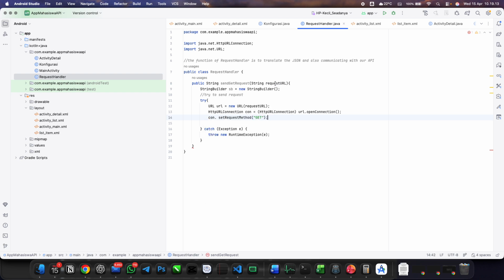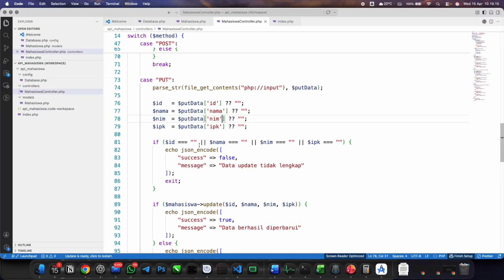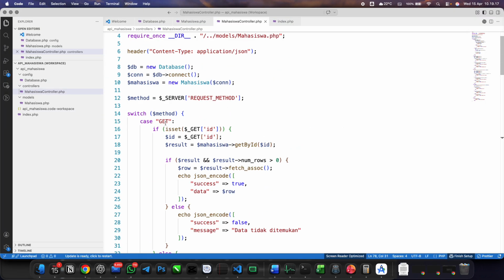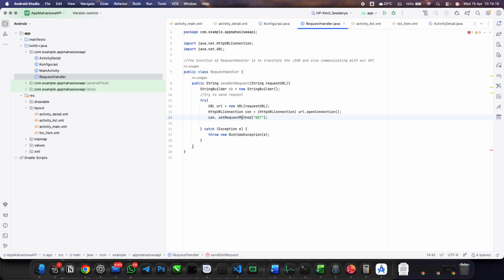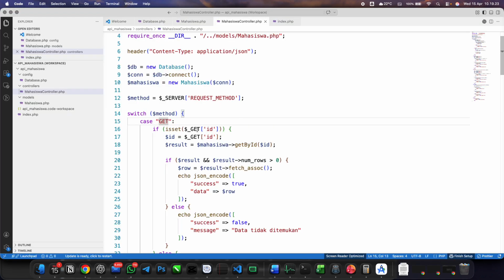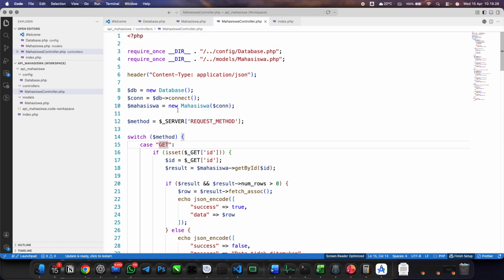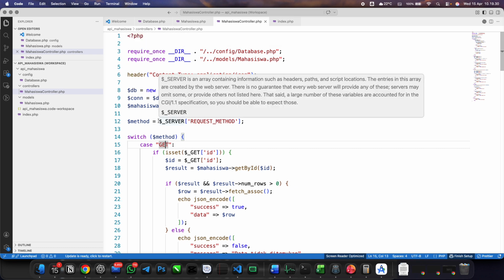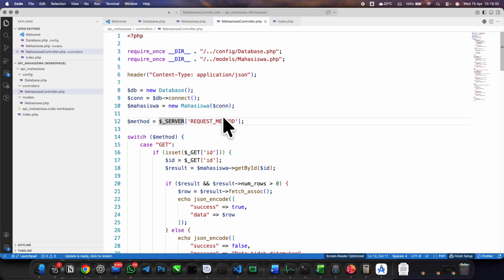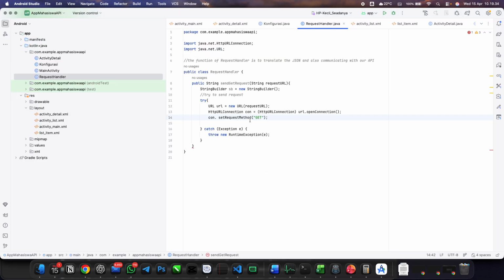Make sure it is the same as our backend. So it will communicate with our backend and utilize the GET method that is sent from our application. See, the server request method comes from the request from our request handler to our backend.